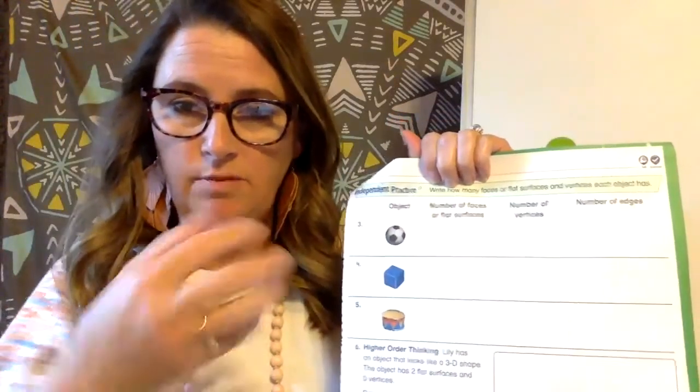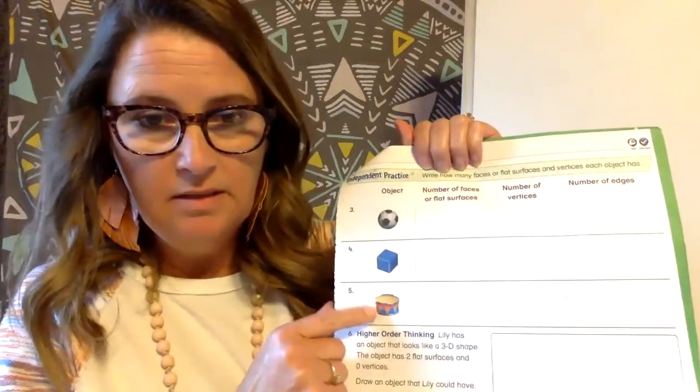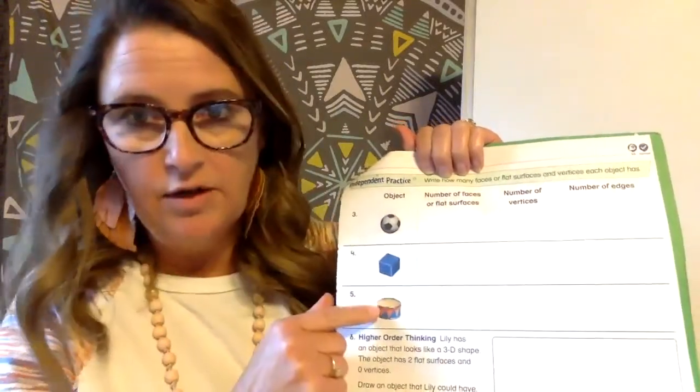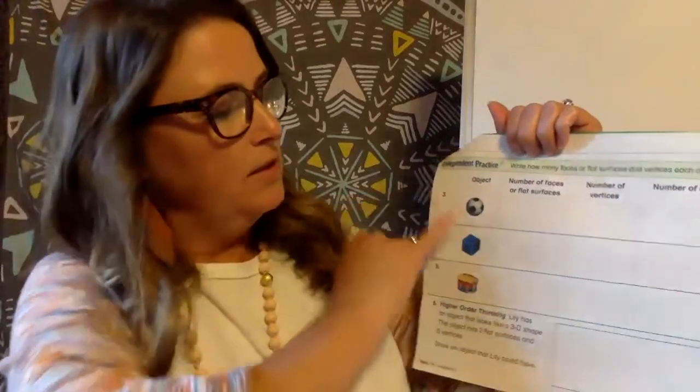A cube, and remember if you have a square tissue box, you could use that for a cube. And a drum, this is shaped like a cylinder, so you could find a canned good in your house, if you want to have them in your hands to hold on to them. So you're going to look at its shape,